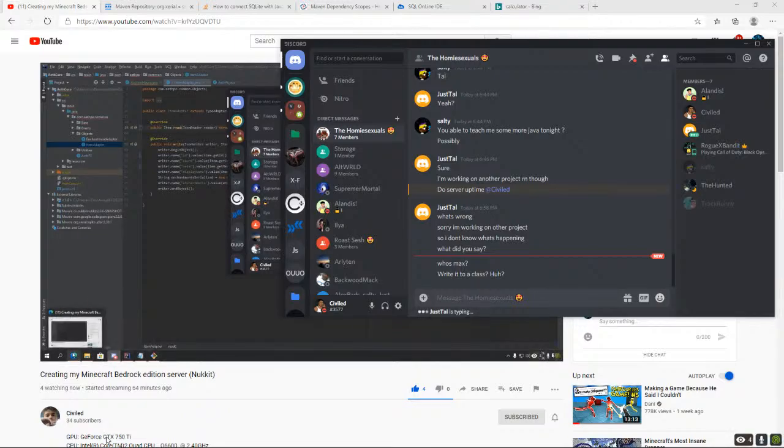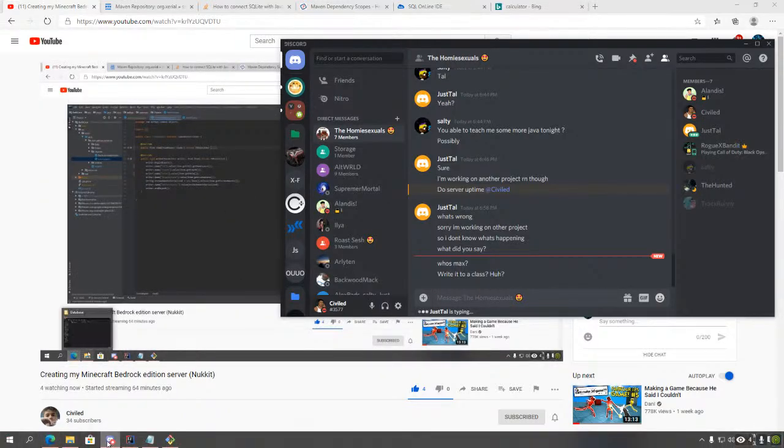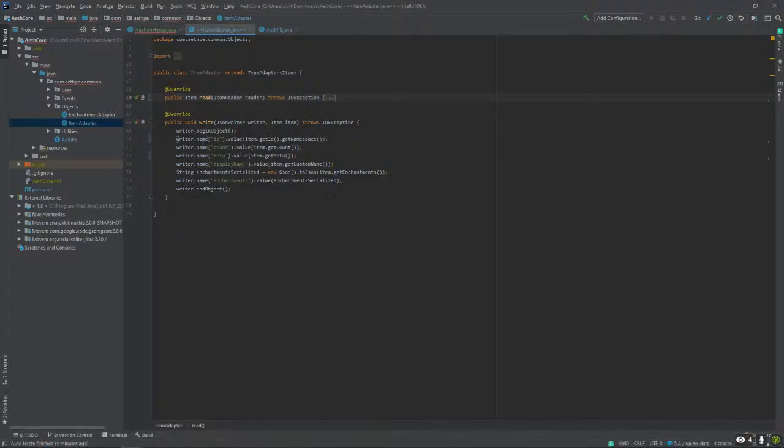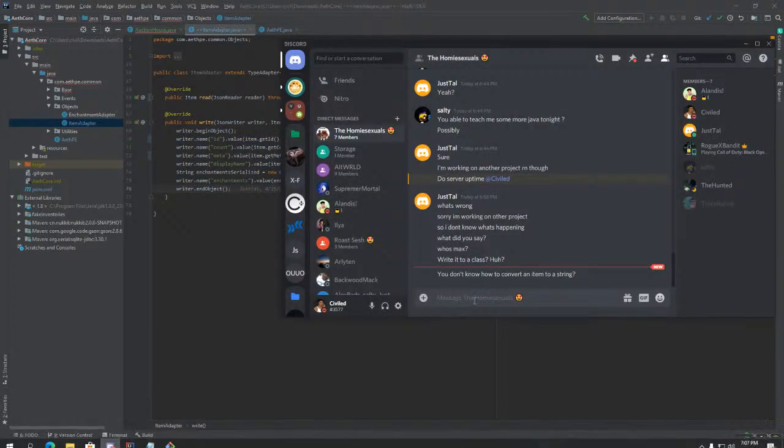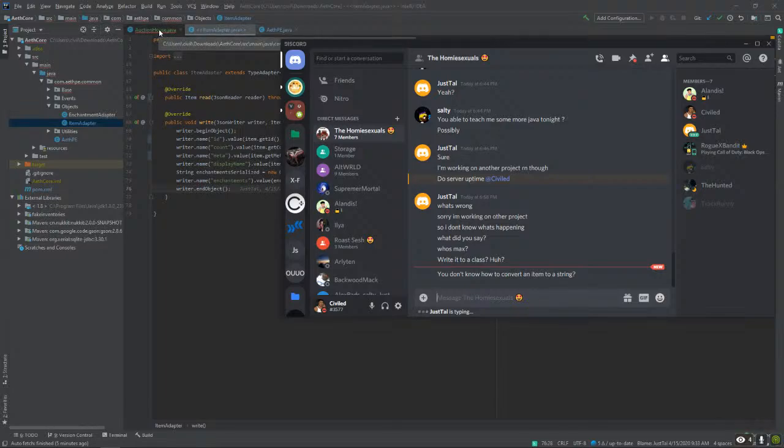No, so my current issue is, if you look right here, we have writer.name, and it appears that you're actually writing to an object, but I'm not sure what's going on with this object. Are you writing it to a JSON file, or is it creating a new writing object? Yeah, that's kind of what I'm doing right now. That's what I'm trying to do so I can put it as the item field in the database.